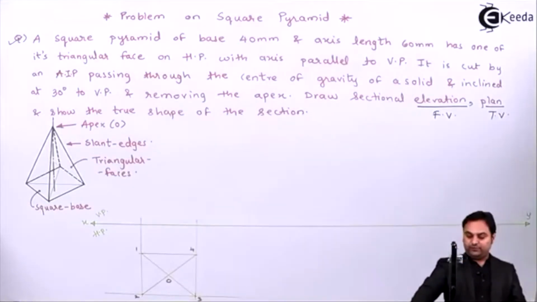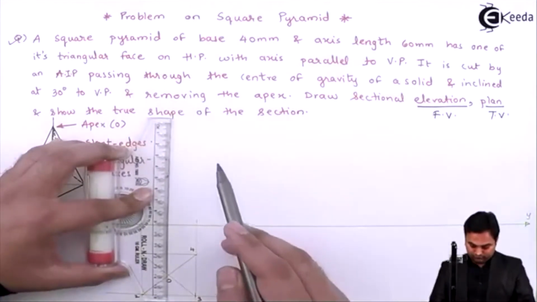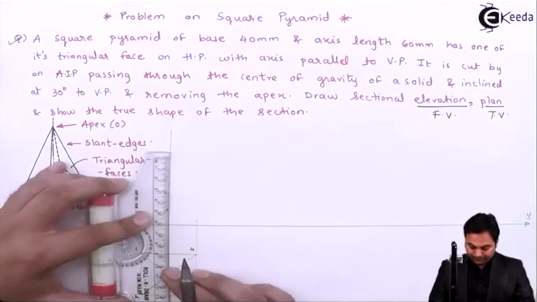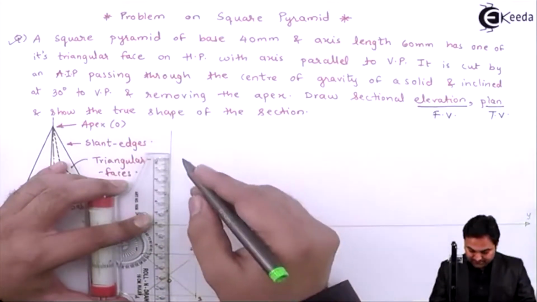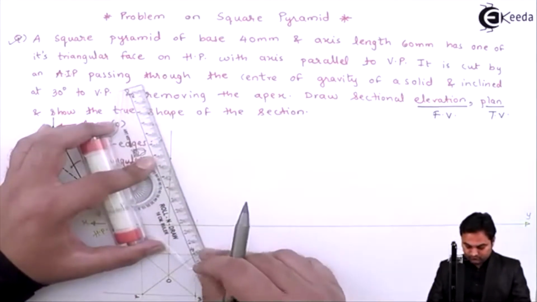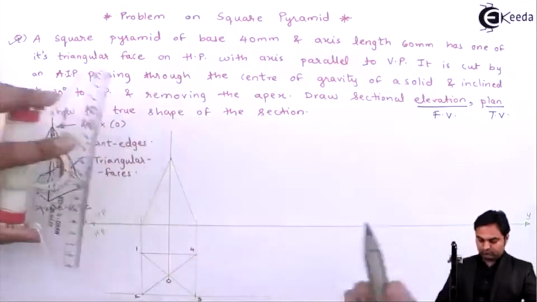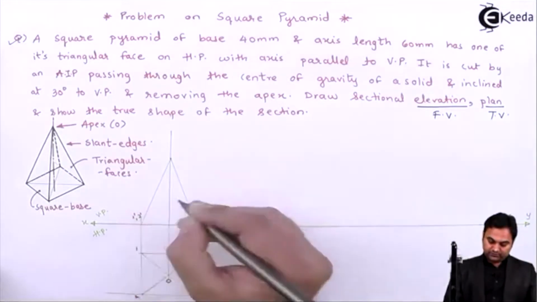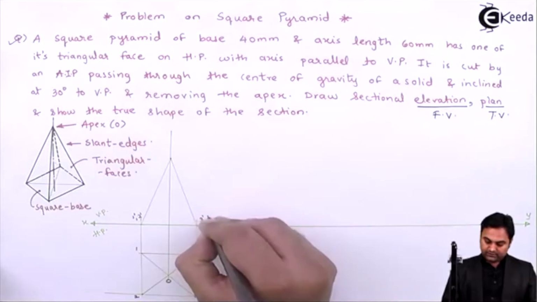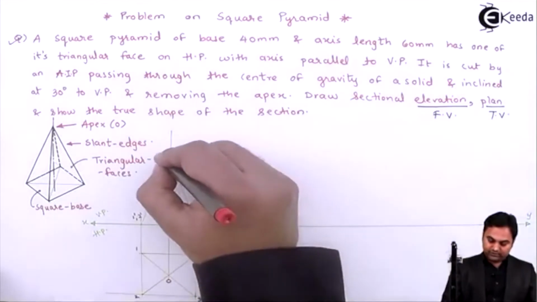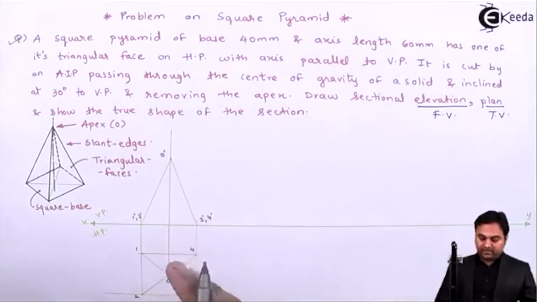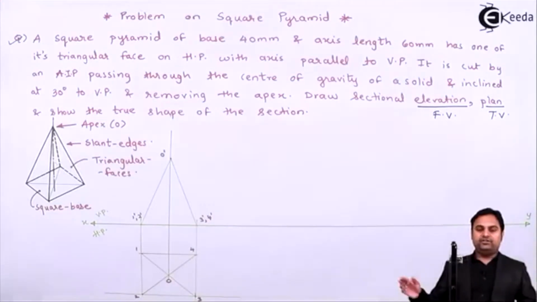Next, projecting the front view. The axis height is 60 mm. So on this projection of O, I will be measuring 60. Giving the notations in the front view, 1 dash, 2 dash, 3 dash, 4 dash, and here we have point O dash. Now I won't be making it dark first because another condition is there, and finally I would be making it dark after showing the cut section or the cutting plane.